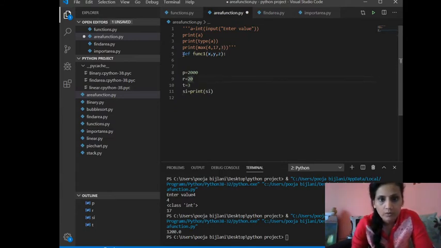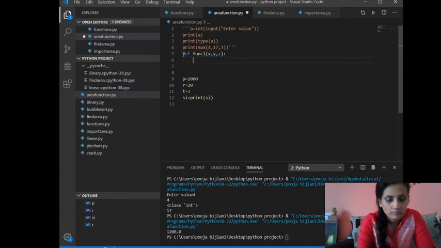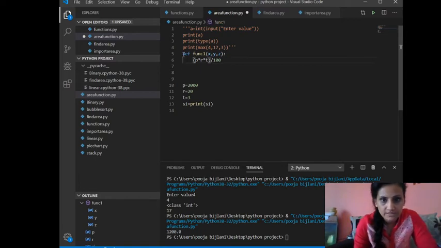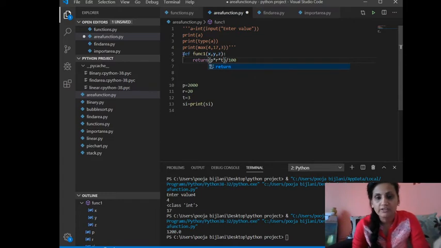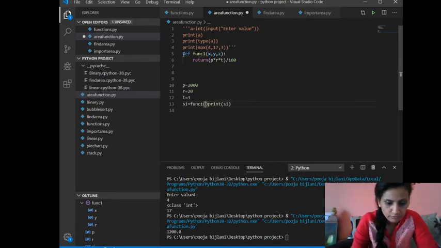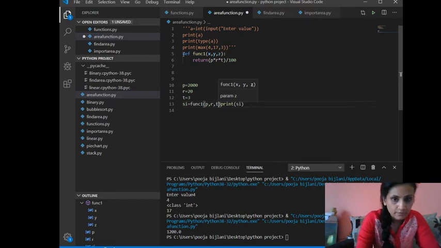Okay, and now I am putting this code, and I'm keeping this inside the return, because I want to return the answer back. Okay, and here I am writing the function call, function 1, and I am providing the values which are required for the calculation.